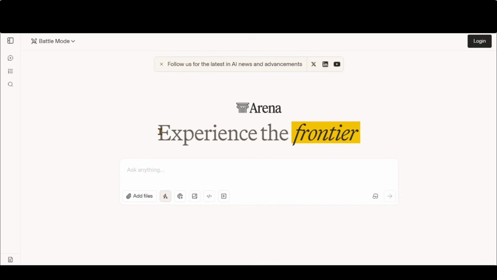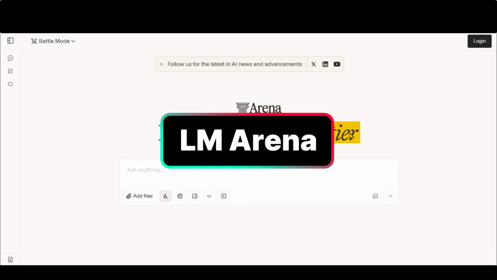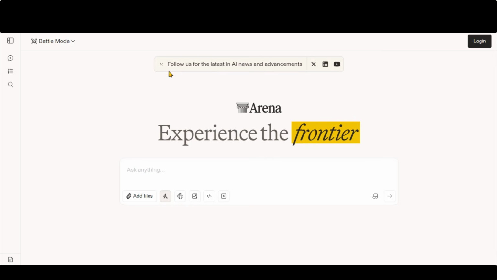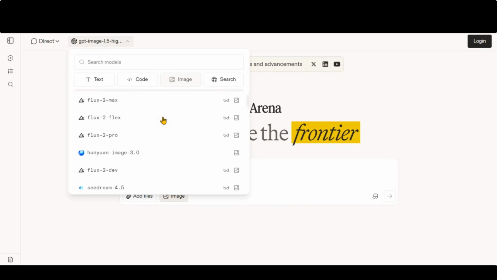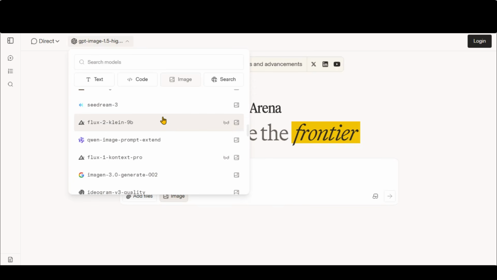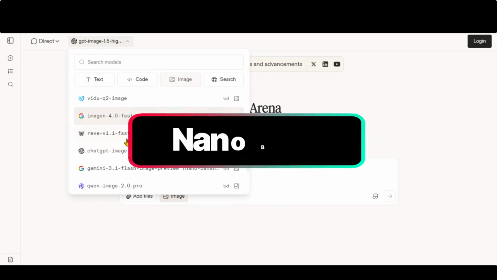The first way to access this tool is through the LM Arena website. Simply click the link given in the description, and you will be directed to this page. From the top, choose the direct chat option. Then select the image option from the bottom. Here you can see a bunch of the latest image generators. By scrolling down a little, you will find the Gemini Flash 3.1 model, which is actually the Nano Banana 2